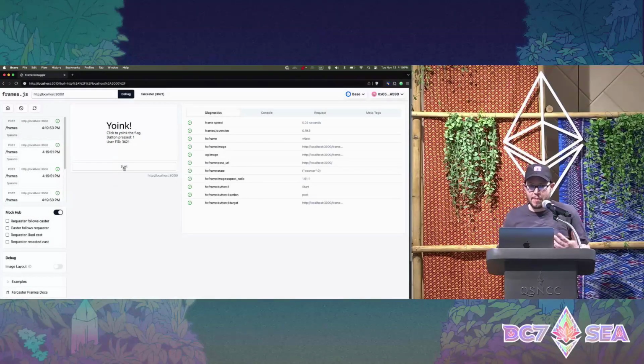So you could build an entire app with a single frame route if you want, doing your switching and branching within a single route, just posting back to one route. I think the simple examples in frames.js do this. But if you're building an app with more than one workflow, for me at least, it makes sense to separate these out into individual routes for every single frame. So we'll define one frame API route for each frame. In this case, let's create a start route. And when we push this button, we will send the request to the start frame.